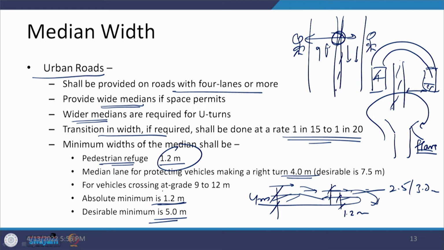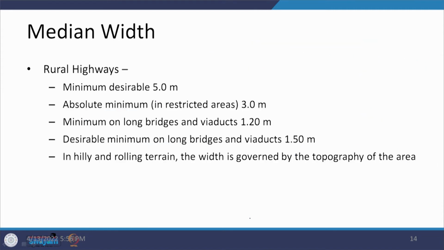When there are vehicles crossing at grade, so the crossing conditions are there, and these vehicles are crossing like this or in this manner. In these conditions, if medians need to be used, they can be as wide as 9 to 12 meters. When we look at rural highways, the minimum desirable is